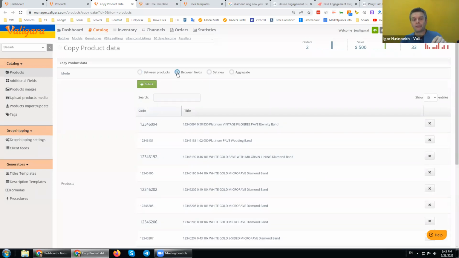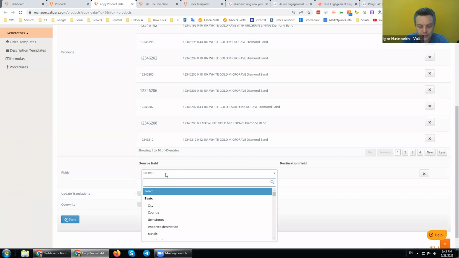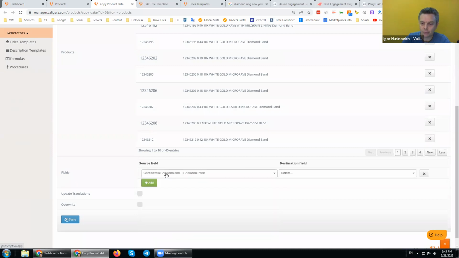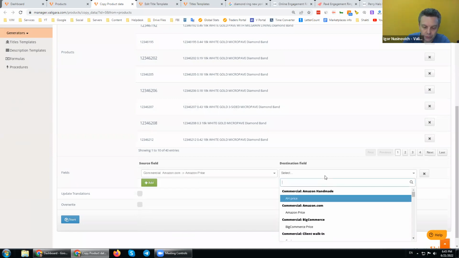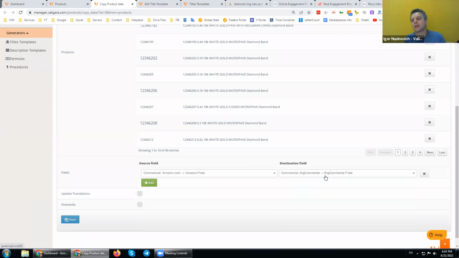Now, the copy between fields means if I have a Shopify website and I want to be lazy and quickly copy from a field, let me take the Amazon price, and I want to copy it into Shopify price. If I have an eCommerce price, then I can quickly do this. It will copy inside the same products from one field into another.